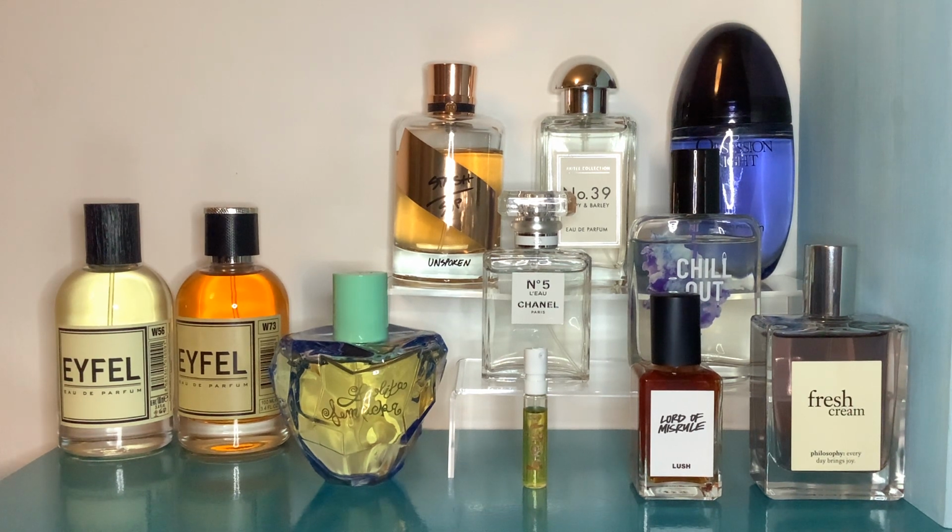But the fennel is just really overpowering. I really enjoy the very, very deep dry down, but that doesn't last very long compared to what the actual perfume really is. And I don't really want to go through the hour it takes to get there. So this is not one that I'm going to get a bigger bottle of,